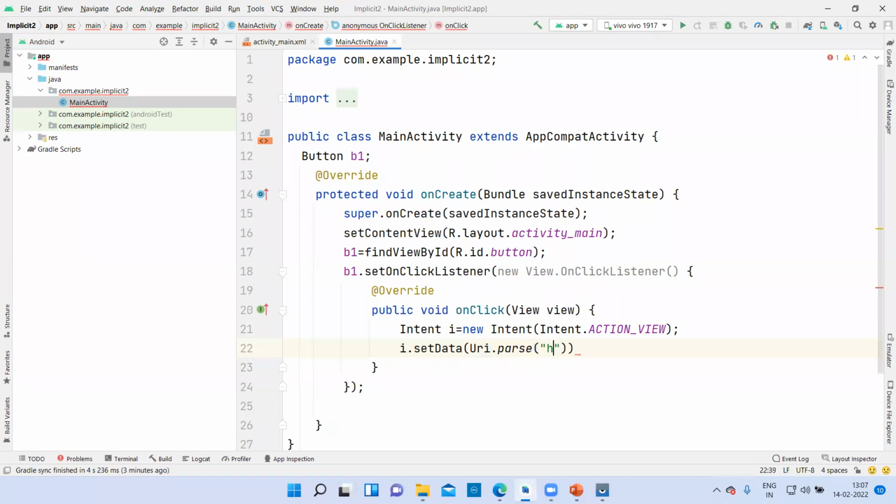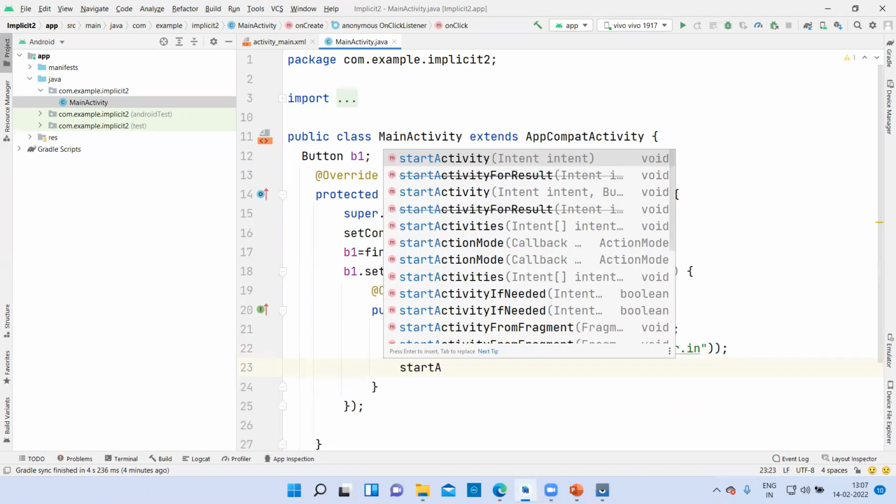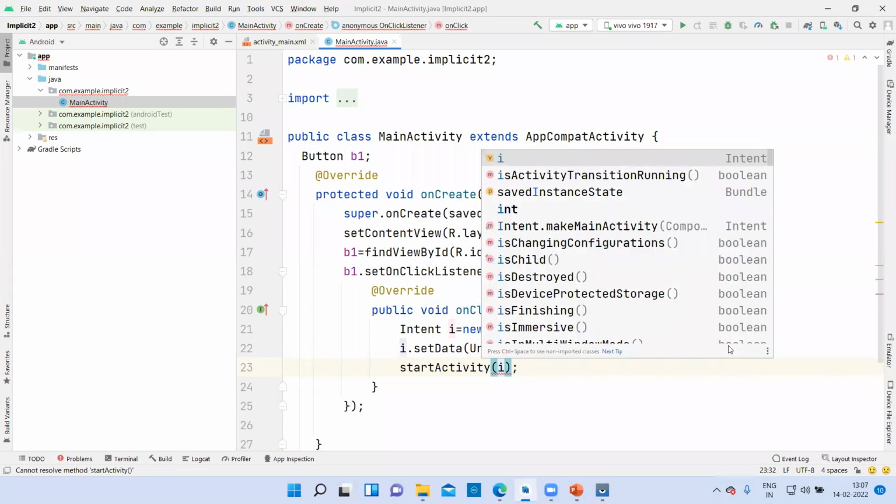Pass the address https colon, and simply pass the address of our college website agcamritsar.in. So this is a website which is to be opened. Now you will say startActivity intent. Right. So this is all done.